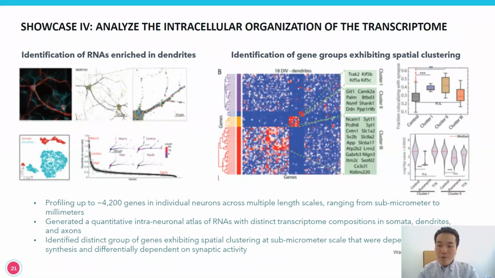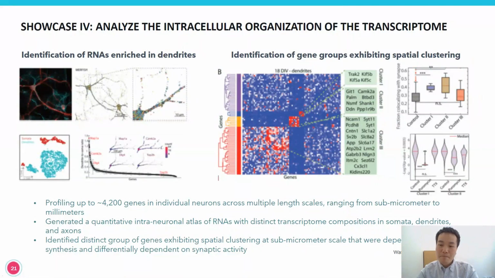Furthermore, by characterizing the spatial distribution of different RNAs within the neuronal compartments, the authors were even able to find distinct groups of genes that show a spatial clustering effect as highlighted by the heat plot here. For example, we have two clusters, cluster 1 and 2 genes, that seem to colocalize with synapses. And very interestingly, these two groups of genes seem to depend on protein synthesis, and to some extent, they also depend on